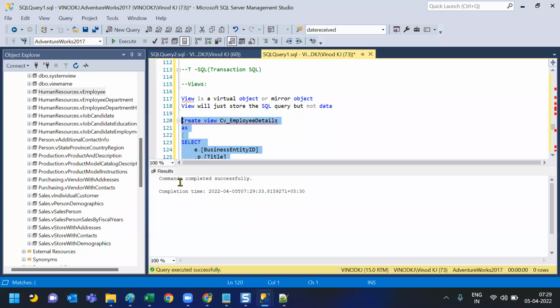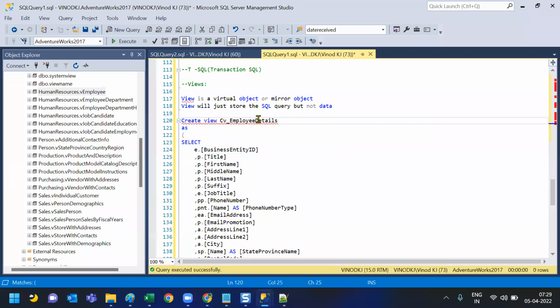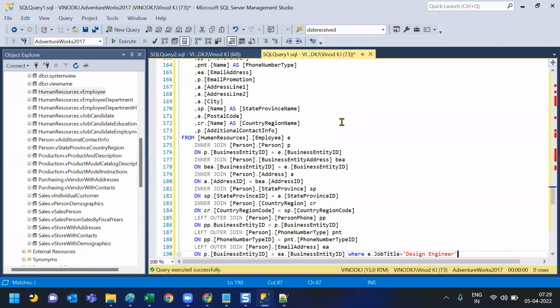Now you can see the command is successfully executed, and this will almost act like a table, because here we have represented a virtual object. But the only thing is,